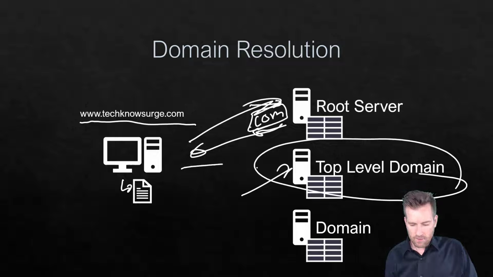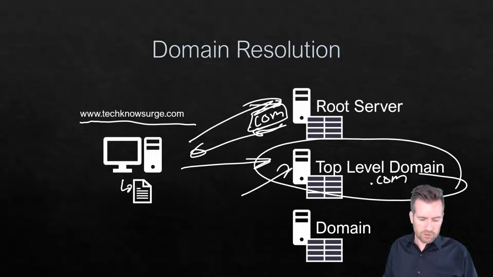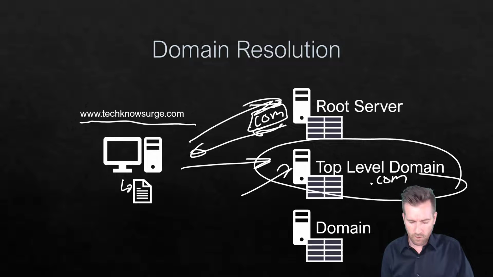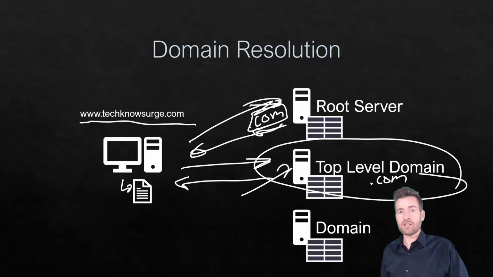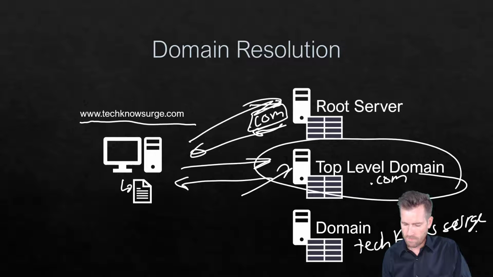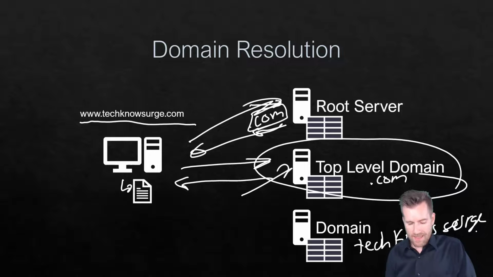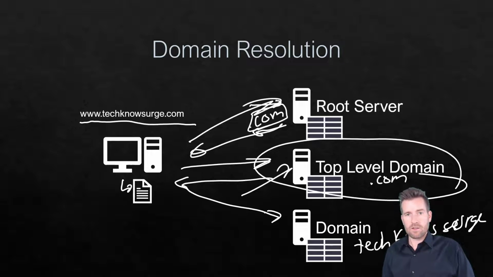So you've gone out to the root server and it replies back, here's an IP address that you should check next. You go out to the top level domain server here, and that's the .com server. So you go out to this .com server and you say, who is technosurge.com? And this replies back and says, I don't have the answer that you're looking for, but here's an IP address of somebody you should check next. And it knows who is responsible for the TechnoSurge domain. And it replies back with the IP address for that server. And then you go out, you check, okay, here, I'm looking for